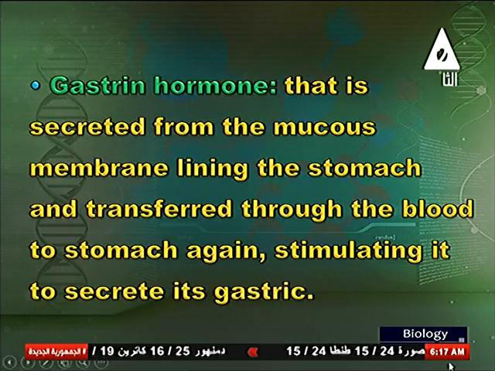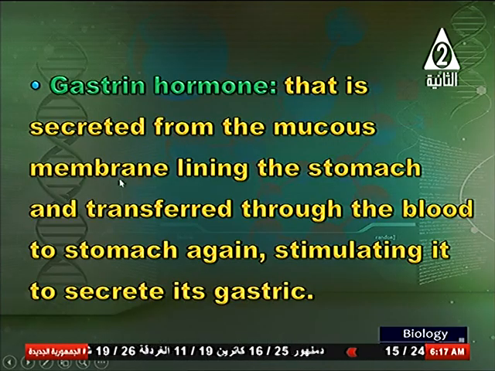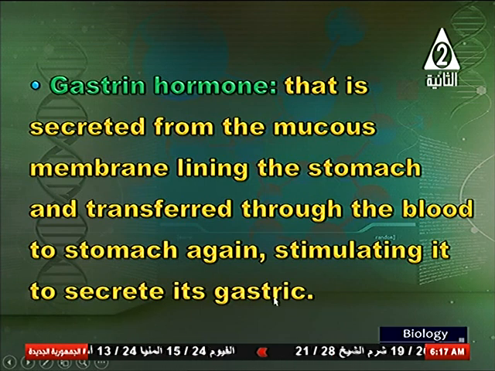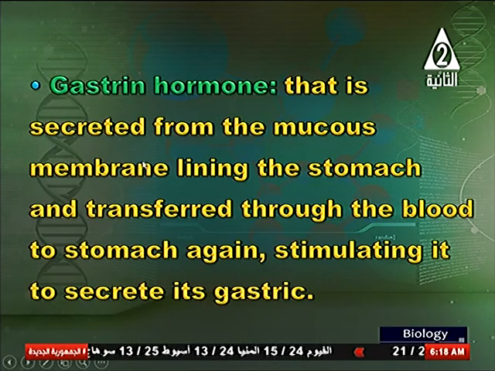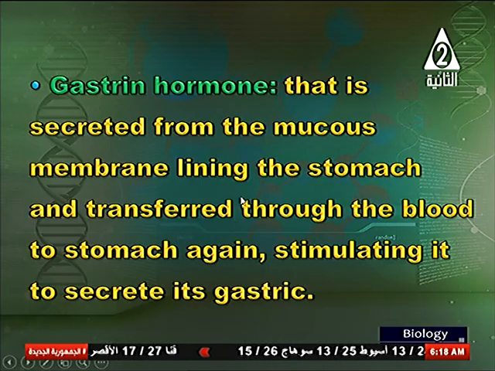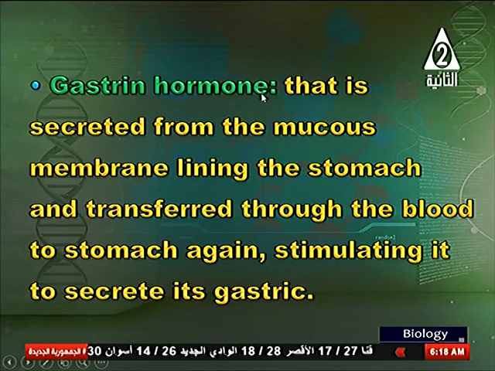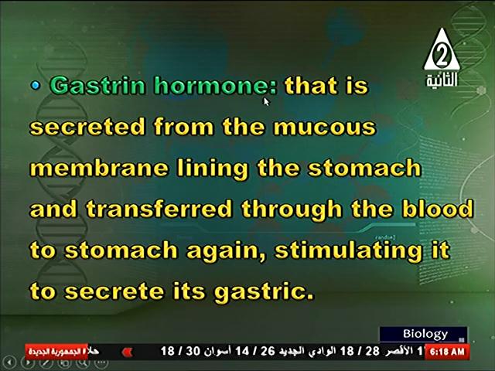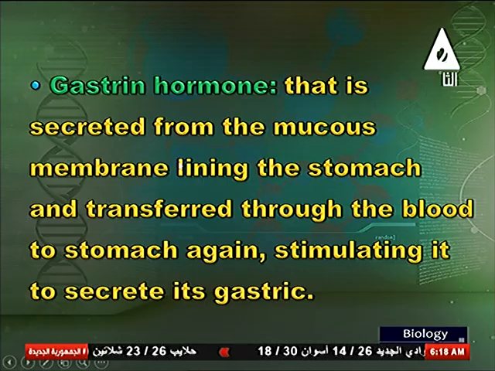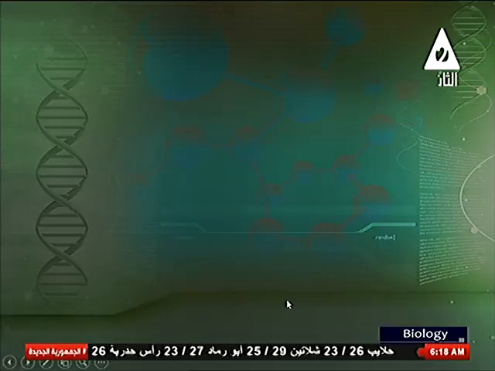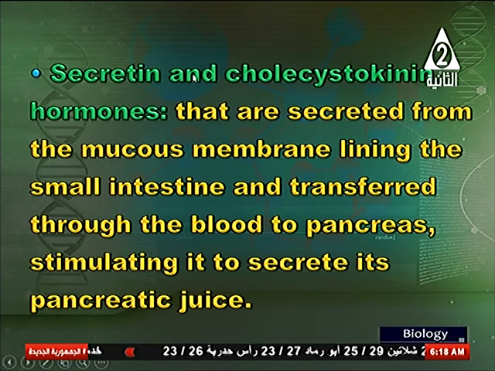Gastrin hormone, that is secreted from the mucous membrane lining the stomach and transferred through the blood to the stomach again, stimulating it to secrete its gastric juice. It is secreted from the stomach and stimulates the stomach. It is very important: gastrin hormone is secreted from and stimulates the same organ. Secreted from the mucosa of the stomach and stimulates the stomach to secrete its gastric juice. Okay. Secretin and